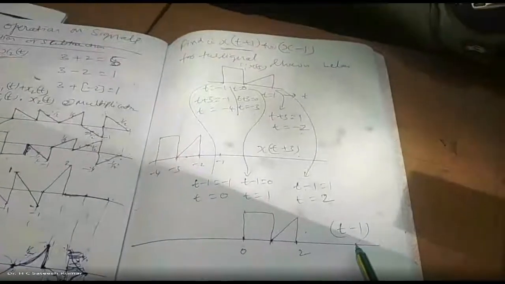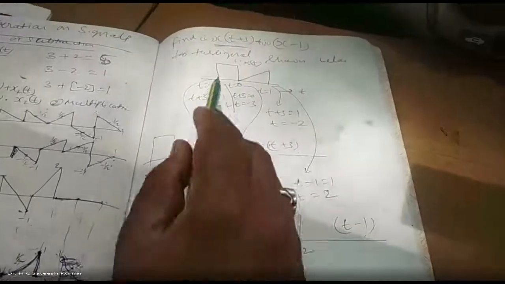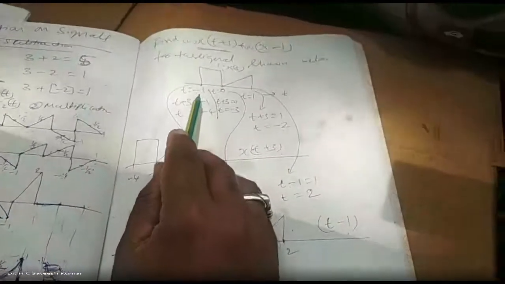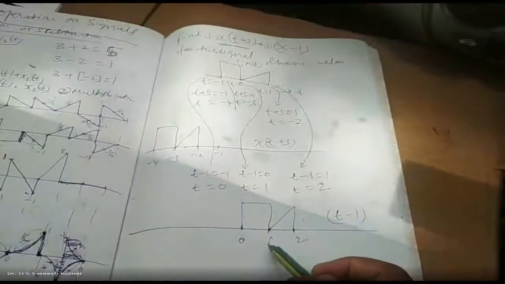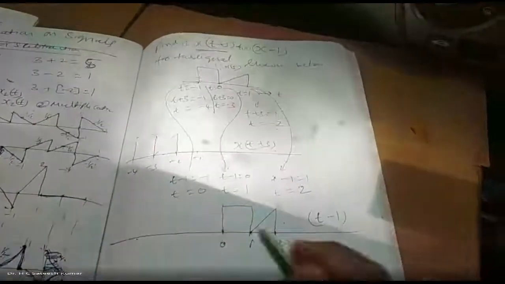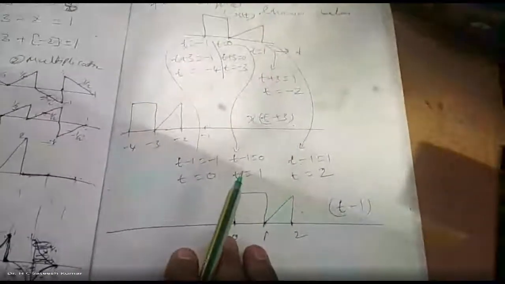So now what is that we have? No need to do all this procedure. So ultimately, what is that? T minus 1 shifted right by 1 unit. How to shift right by 1 unit in the examination? What you should do? Add 1 to it. Minus 1 plus 1, 0 you will get. 0 plus 1, 1 you will get. 1 plus 1 you will get 2. So that means if you want to shift towards right, what you should do is add that value, and it automatically shifts right. And if you want to shift left, subtract by that number, and you automatically shift left.